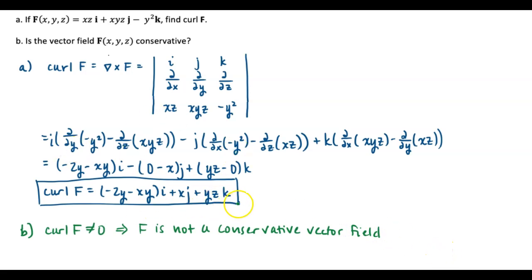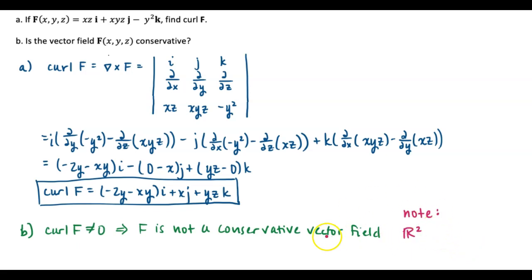And so this is the way we're going to determine if a three-dimensional vector field is conservative. Let's just make a note here because two-dimensional vector fields are different. Remember what we did for two-dimensional vector fields? So in